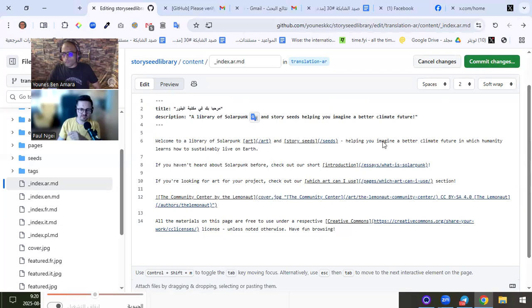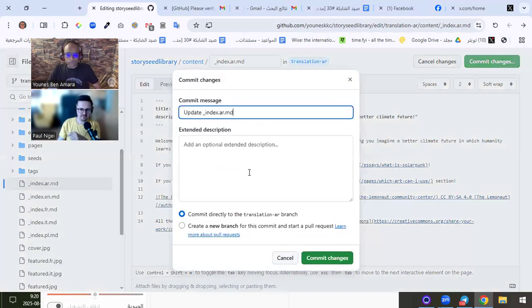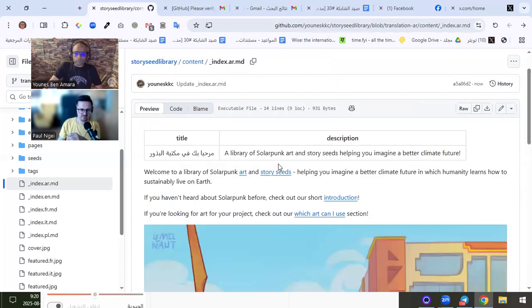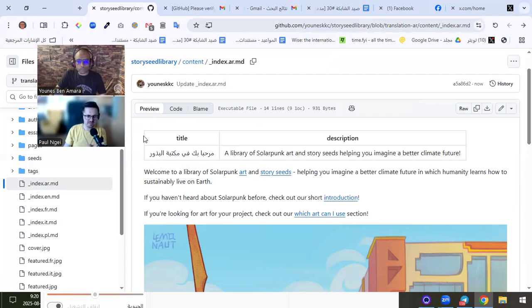And you commit changes. Don't worry about not finishing everything. You can just commit changes. There's no bigger thing. So after this is committed, you can go to StorySeed library, the title of the page,